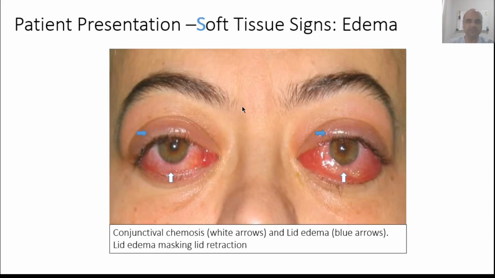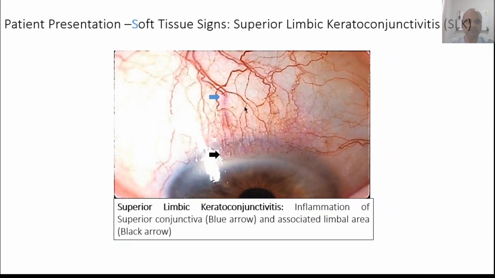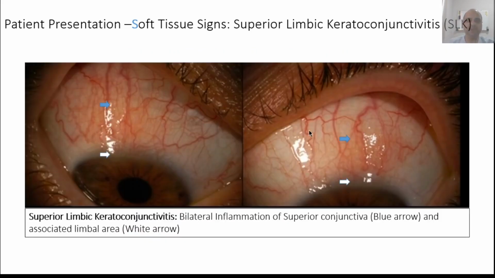This edema is not as marked as the edema here, but still you can see there is some level of congestion in the blood vessels of the conjunctiva in this area. And this basically occurs in the superior area because this is the point where the lid and the eyeball have the closest contact to one another. And because they are both edematous, that is now closer, and because of friction, you get superior limbic keratoconjunctivitis. This is bilateral superior limbic keratoconjunctivitis. You can see a little bit of thickening as well, in addition to congestion. And obviously the patient is looking downwards. That is why you have